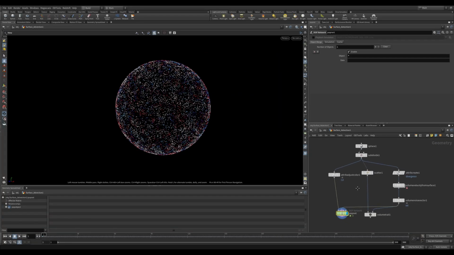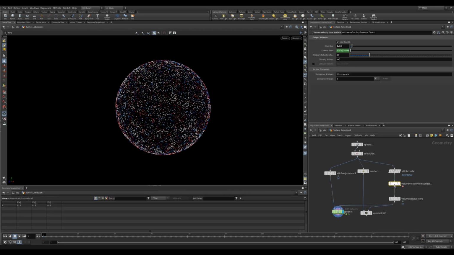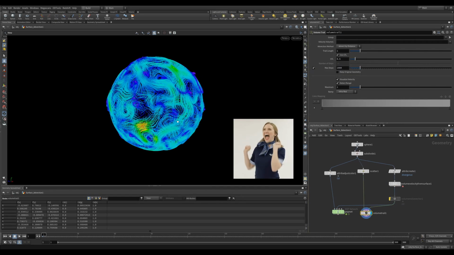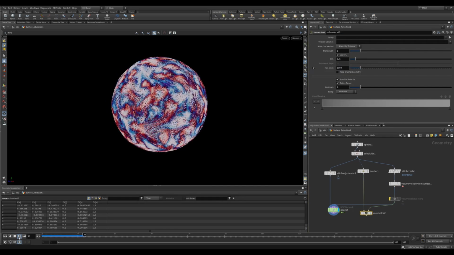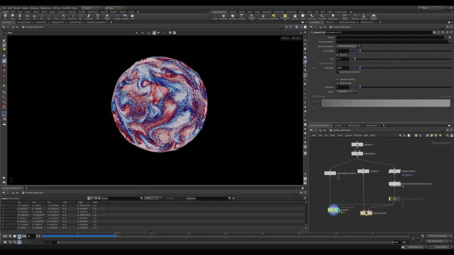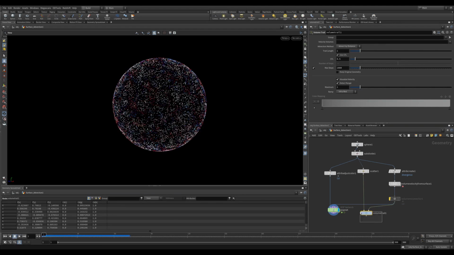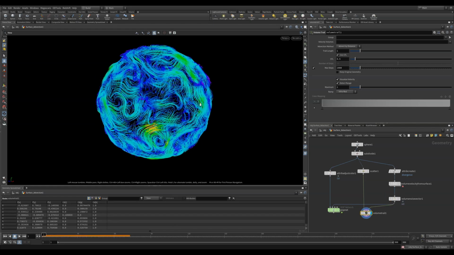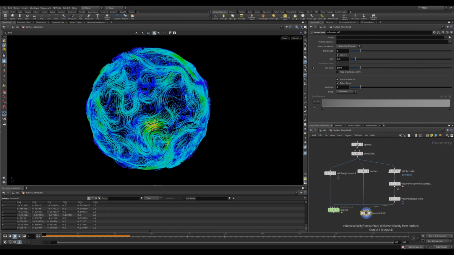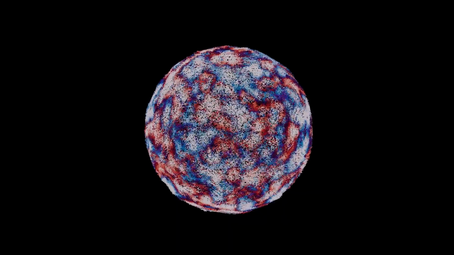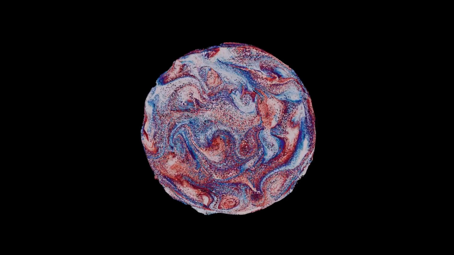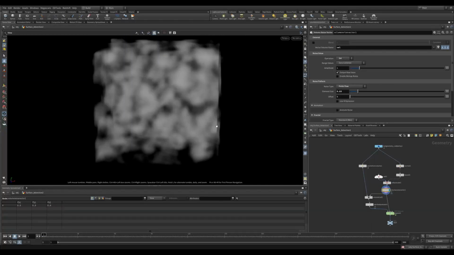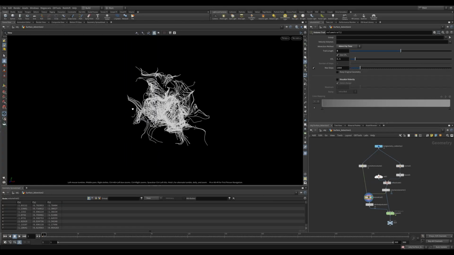You can also use this to break up an existing velocity field. So here I have the same scene I had before, except in my volume velocity from surface, I added a gas turbulence to give it a curl noise. But when you hit play, this is a little uniform as you can see here. So let's break it up a little with a volume noise vector. You can adjust the settings while visualizing it with the volume trail. Now we get the same swirly trails, but with a nice hint of breakup. This just adds just a little bit of randomness. You can use this to manipulate any velocity field, giving some fun results and endless possibilities.